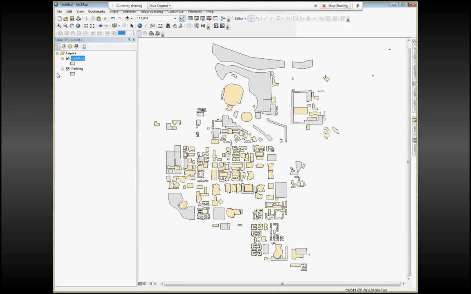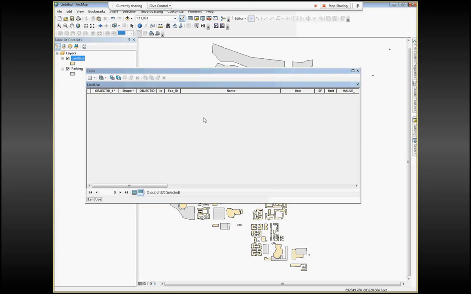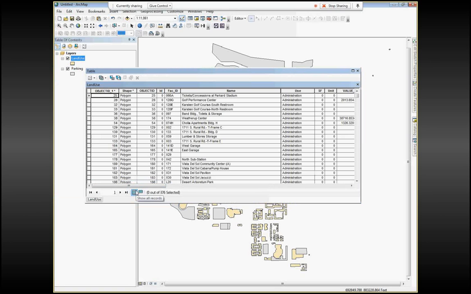So we're in GIS now, and again, we're looking at Arizona State's model right now because it's the last one we've been working on. When you look at this map, the brown shapes on the map are land use, and then the gray shapes are going to be the parking. And when we go in and look at the actual data that's part of this, with land use, there are really only a few pieces of data that are important for the actual